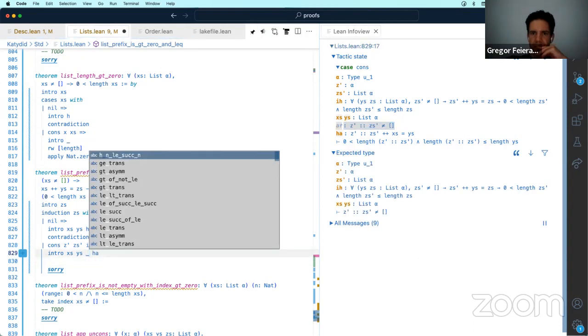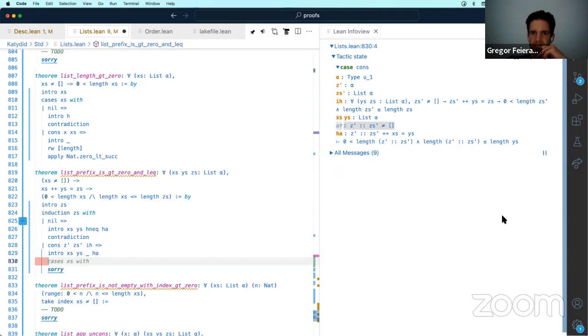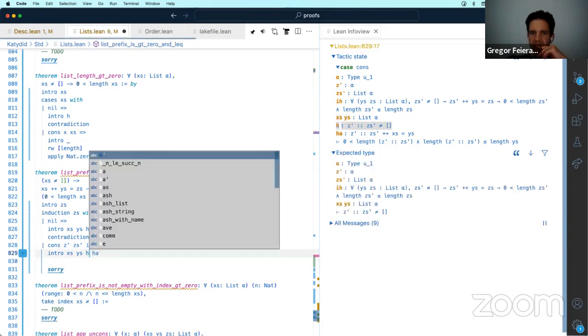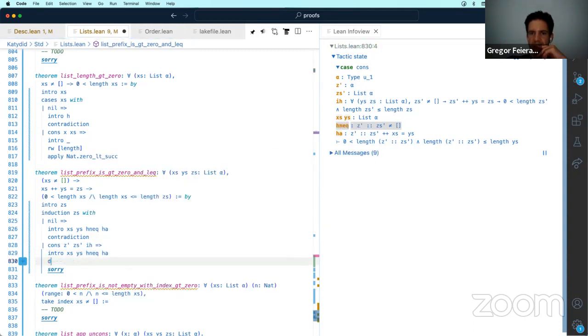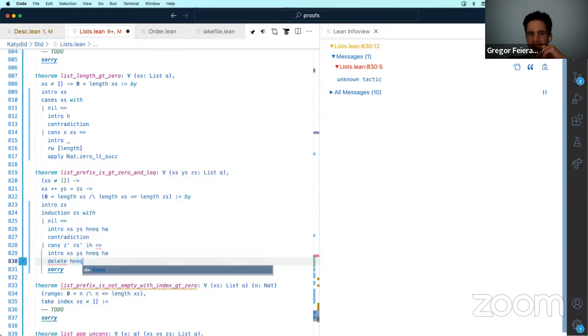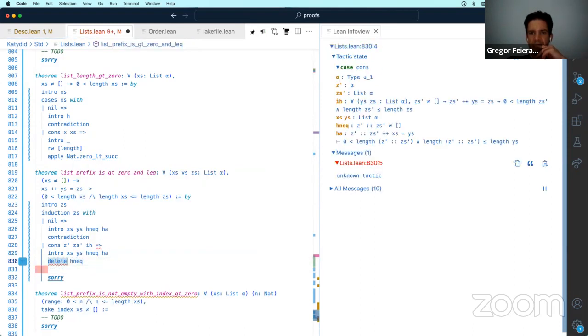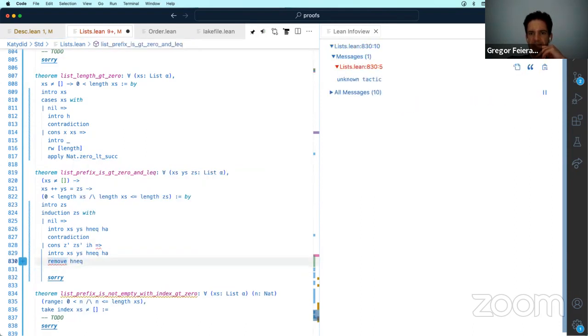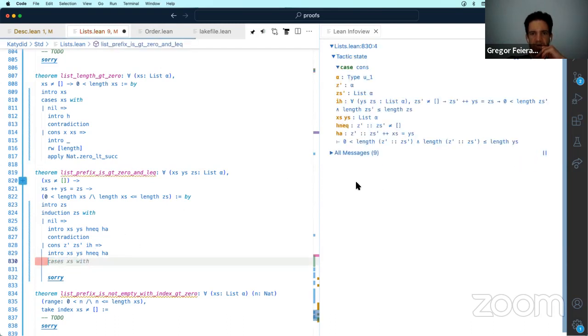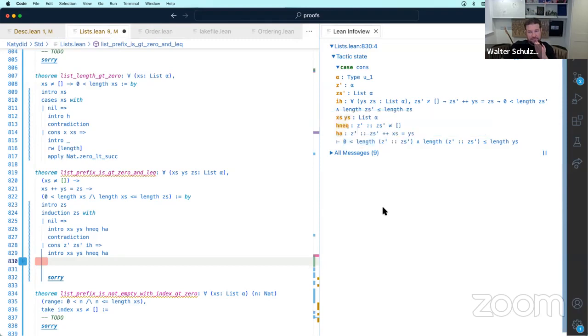Might as well not have it. Well, one half of our conclusion is also obvious: 0 less than length of some concatenation. Yes, we still have to prove it, but it should be easy. And then this